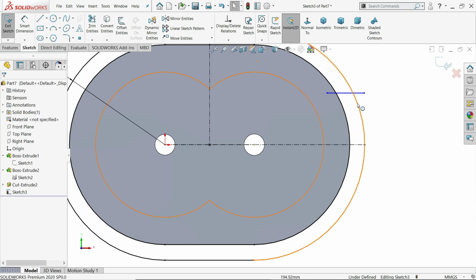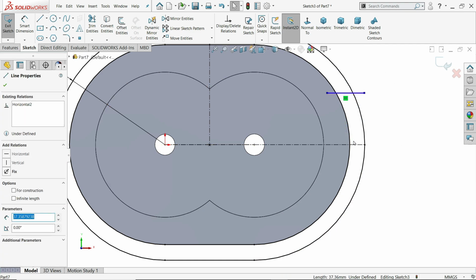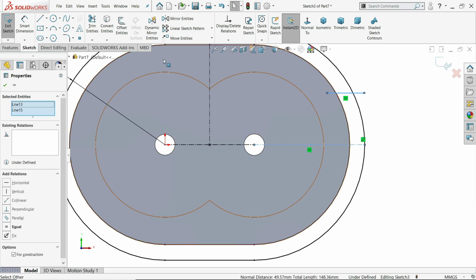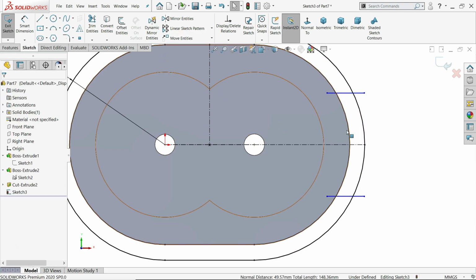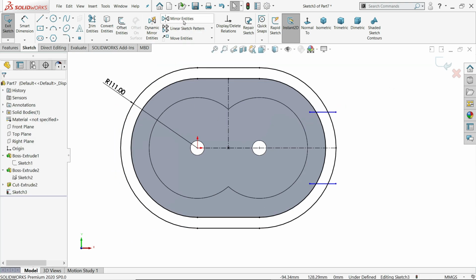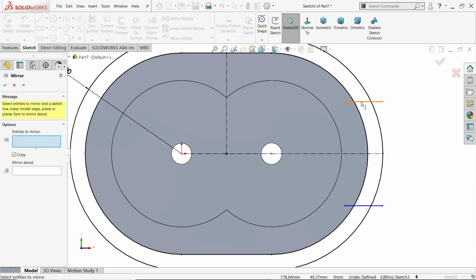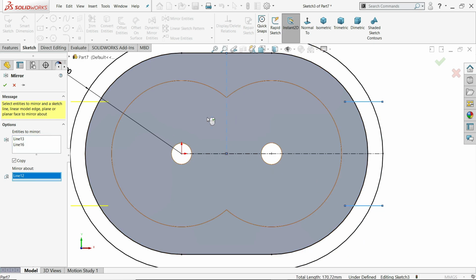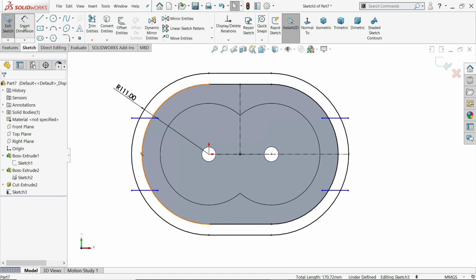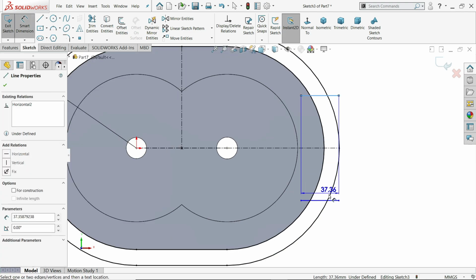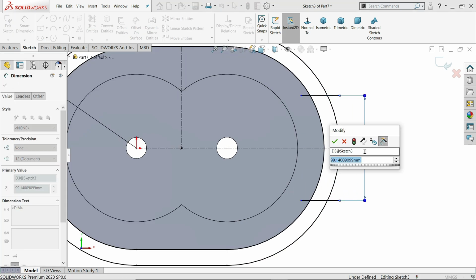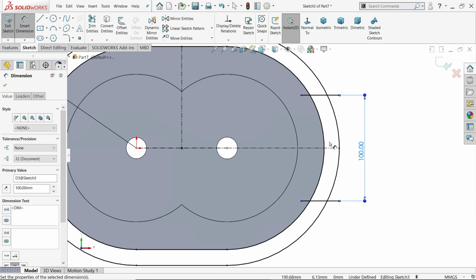Now select, okay, there is too many things, so mirror entity, see here, make sure this is vertical, mirror. I'll choose these two lines, mirror about this section, say yes. Let's define the distance, 100 millimeter.